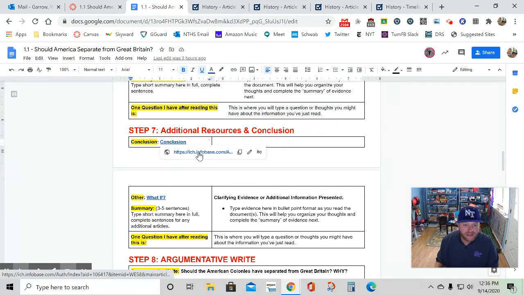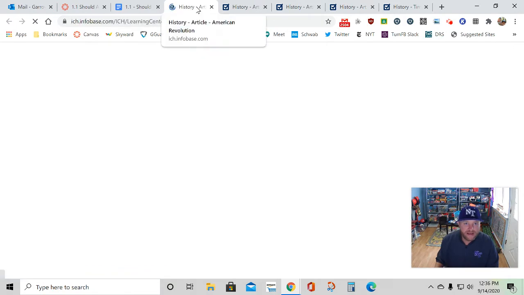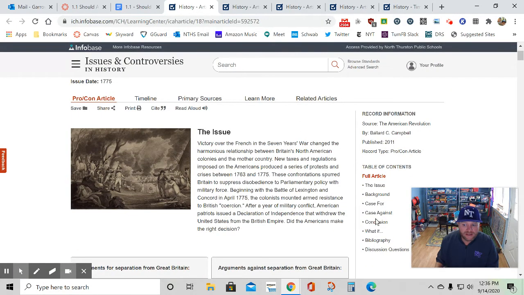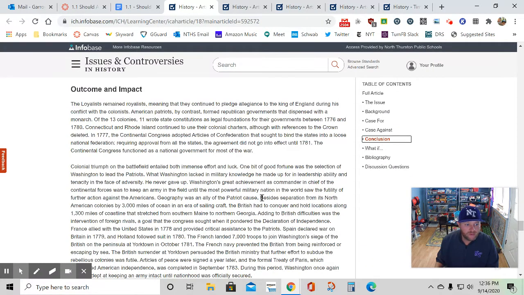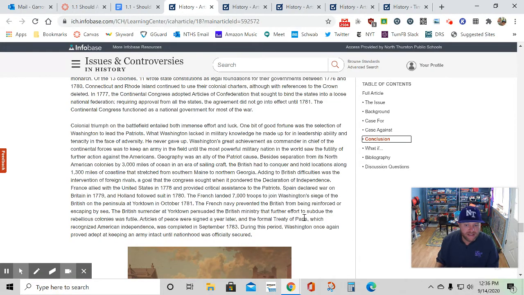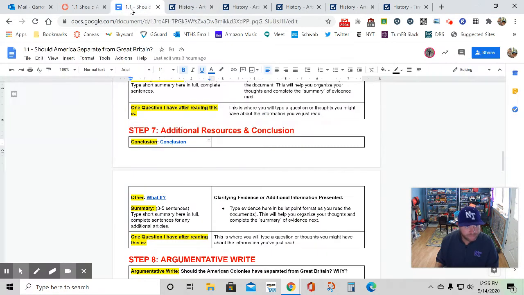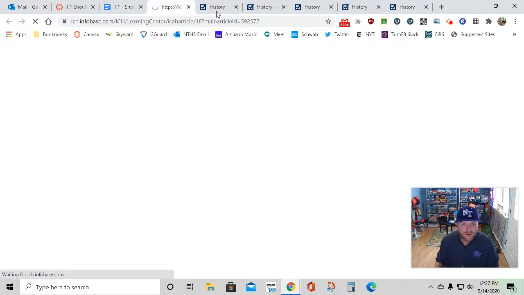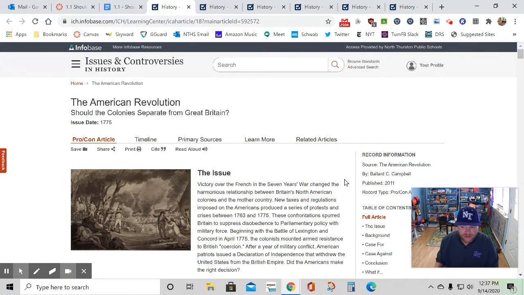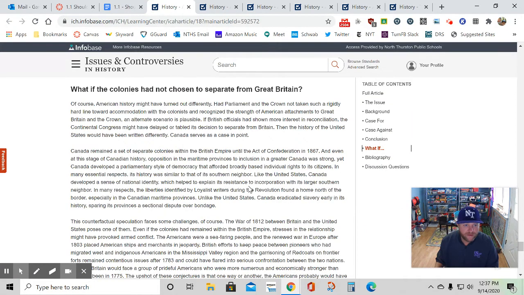That includes clicking the conclusion here, okay, scrolling down and clicking the conclusion button, and reading the conclusion. So obviously they declared that they wanted to separate and break away from Great Britain, but you want to read the outcome there. And then there's another link here called What If? And this is just some additional information for you. You're going to go ahead and click the what if, and then this one gives you an idea